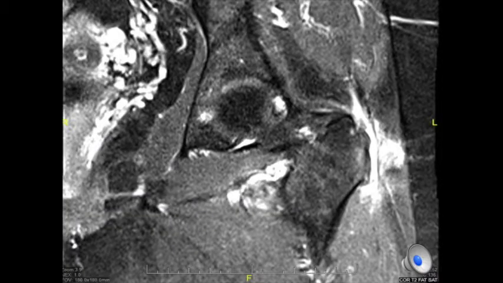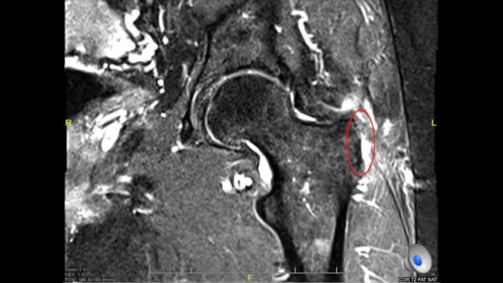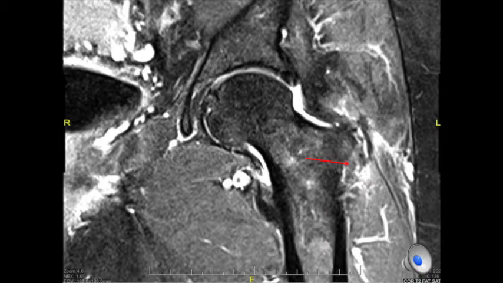This is the pathologic state, where you can see a complete disruption of the gluteus medius insertion onto the superior posterior facet. Anterior to that, complete disruption of the lateral facet insertion of the medius, as well as disruption of the proximal aspect of the insertion of the vastus lateralis. Moving anteriorly now, you can see here the vastus lateralis insertion has been disrupted from its insertion onto the vastus